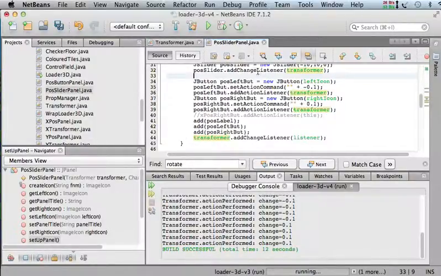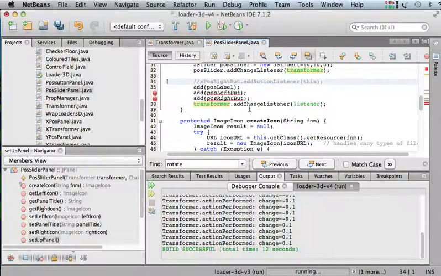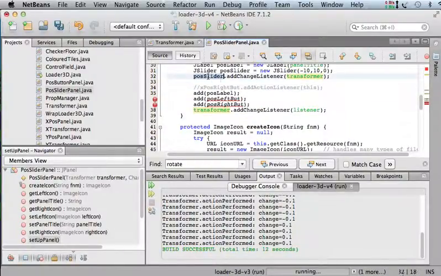But we don't need that with the slider, because we're just taking the slider's position, and we are taking care of both left and right, and instead of adding action listener, we're adding change listener. So if we just add that and just add the slider instead of adding the button,